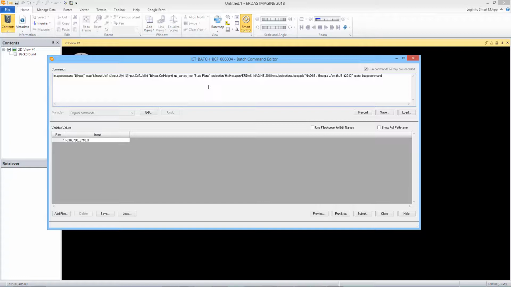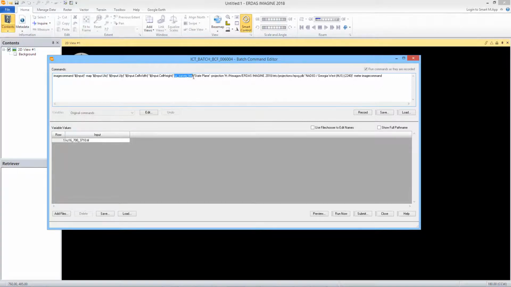For example, the input file name is a variable, $input, as are the upper left corner coordinates of the data and the cell size. Since these are variabilized, they will be read from each individual input image's header, meaning the values that are already present in each input image's header won't get altered from their existing values. Conversely, options such as the pixel units,